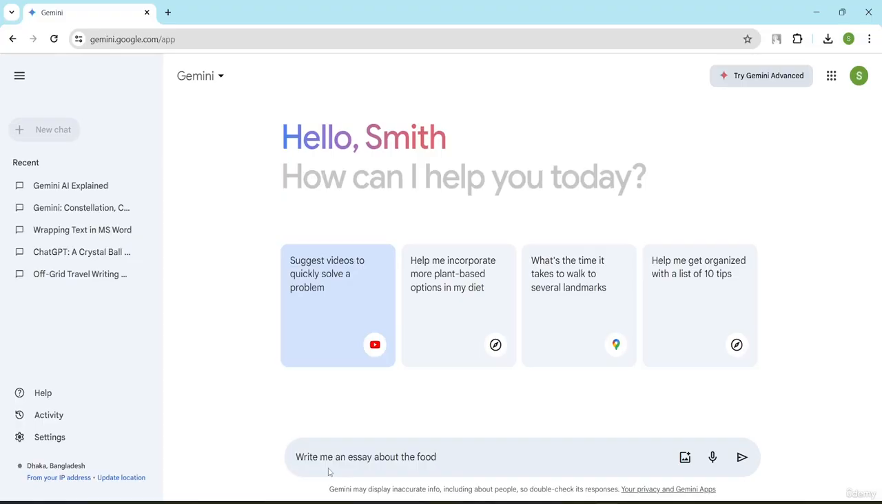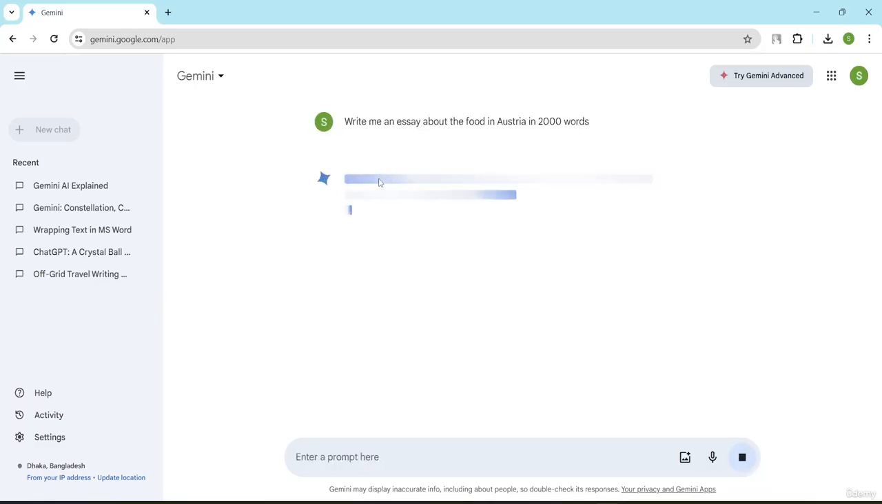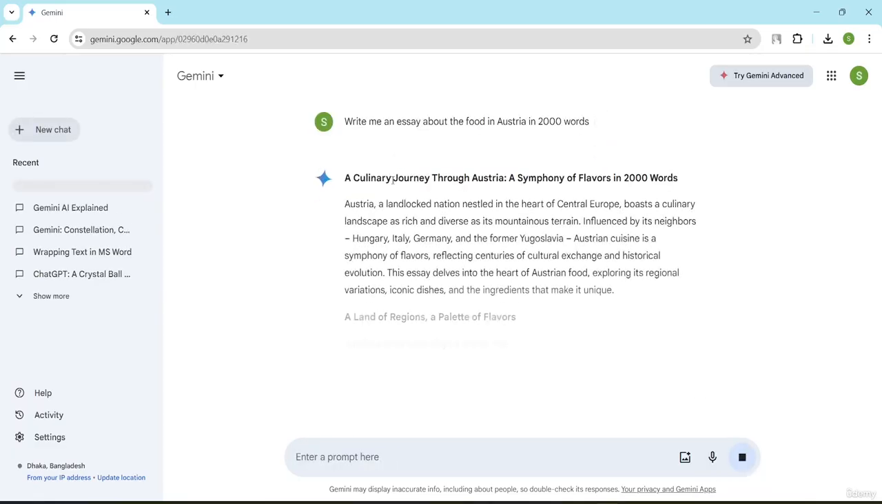Okay, about the food. And if I don't want to particularly mention any place, food of this country or food of this region, I can also mention the food in Austria. Okay, and also if I do have any kind of limitation, let's say in 1,000 or 2,000 words. Okay, so I can come here and basically once I am done, I can just click here onto the submit option and it will basically create me this